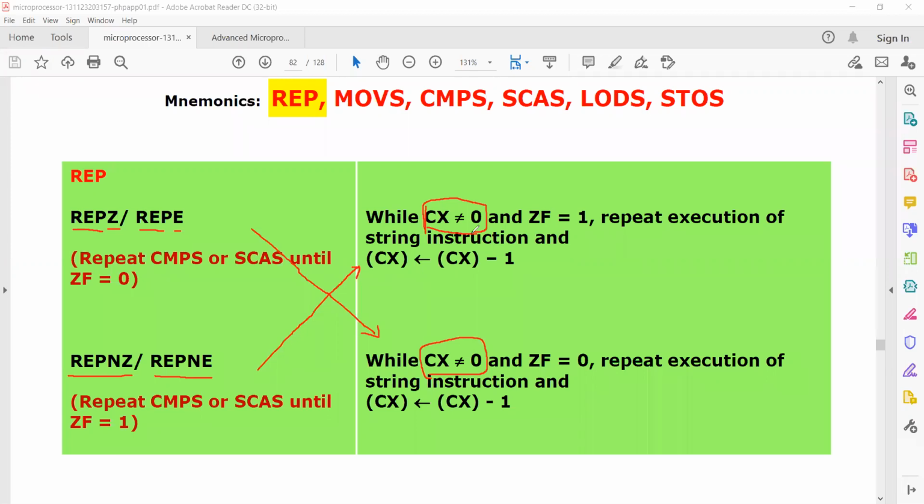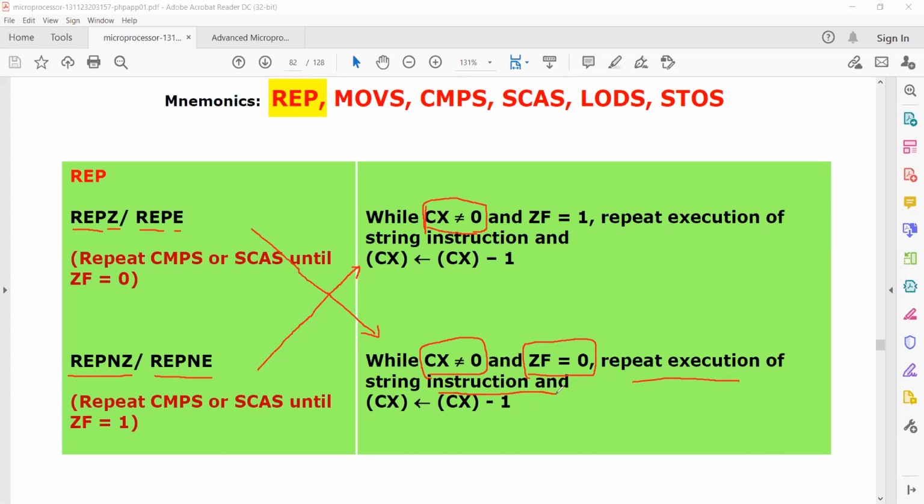And this repeat instruction can be done in two different ways: repeat on zero and repeat on non-zero. That means when the zero flag value is equal to 0, then repeat execution of the string instruction is done.